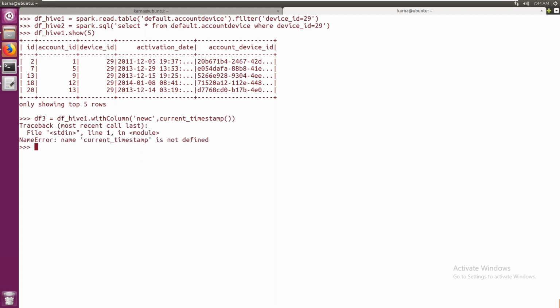Timestamp is not defined. For that we need to import the functions package, from pyspark.sql.functions import. Now it will work. df3.show(5).